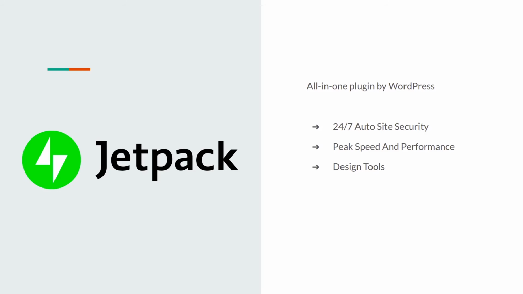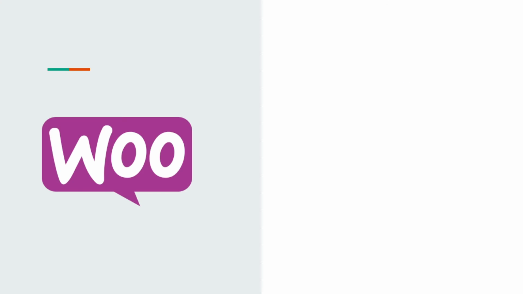Now, the next one, WooCommerce. So as the name implies, WooCommerce is an e-commerce plugin for WordPress, and you can take this as kind of the only thing that you ever need for setting up an e-commerce website. Now, obviously, you would need some other plugins for the other features, but what I wanted to tell you is that if you want to set up an e-commerce website, then WooCommerce is the only core plugin that you would need. Without WooCommerce, it's very hard for you to build an e-commerce website.